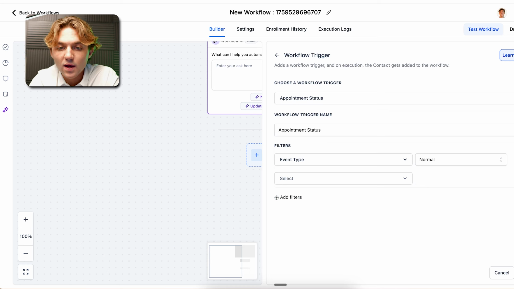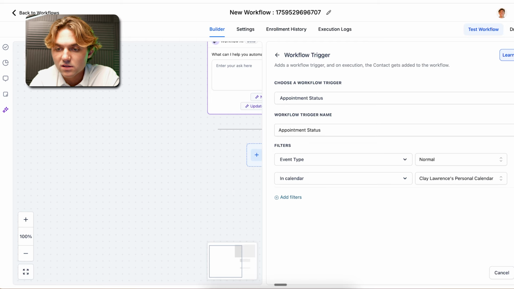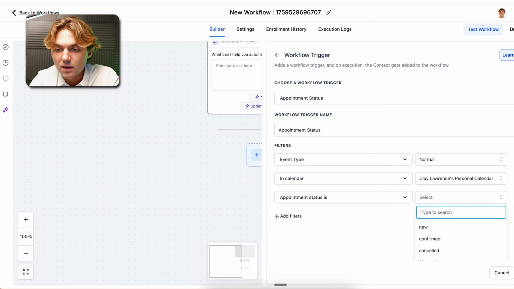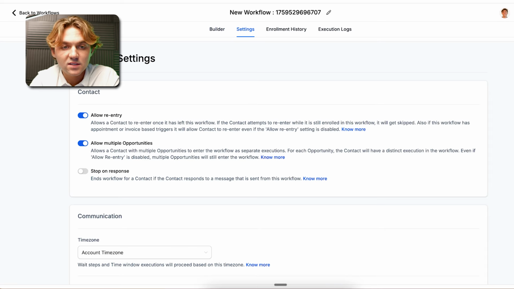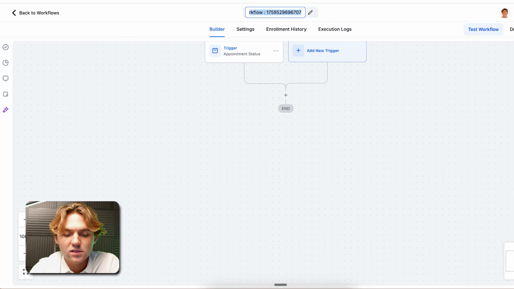So let's add in calendar, and choose the calendar that you want. Let's say the calendar is this calendar, and let's make sure the status is confirmed, so that way they won't be added again later. You can also change the settings up top to not allow re-entry, but if maybe they book multiple calls, then you might want them to re-enter here. Let's title this New Appointment to